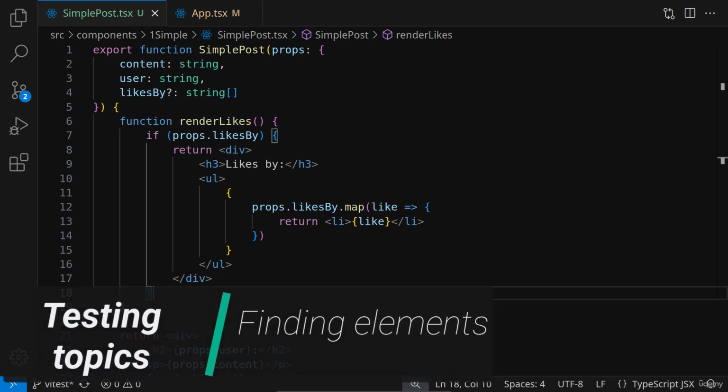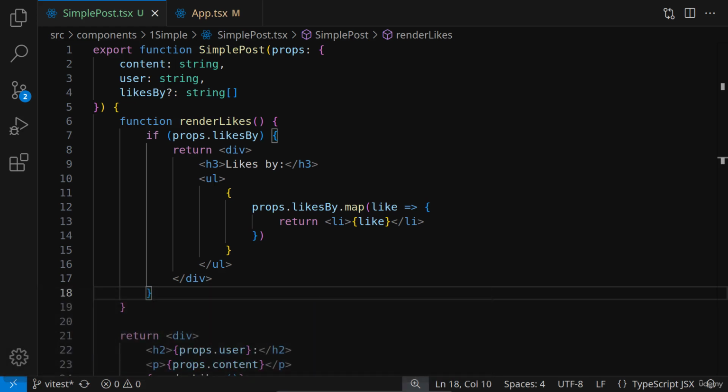In this lecture, we will see how we can test simple components. And by simple components, I mean components that have no dynamic behavior. We just see them on the screen. And the objective of this lecture will be for us to understand how we can find elements in order to